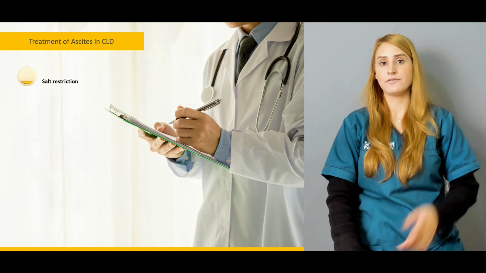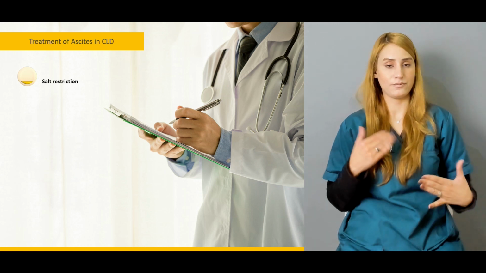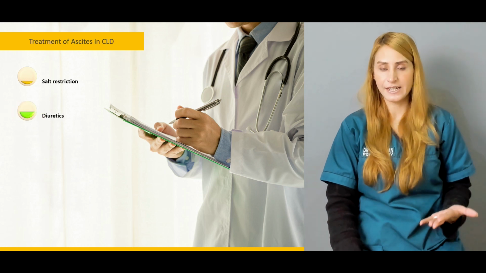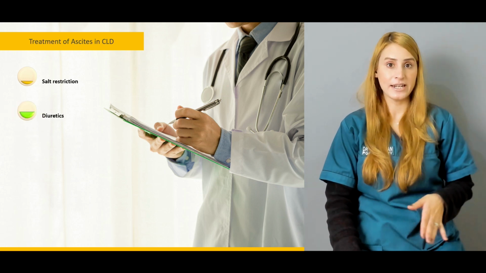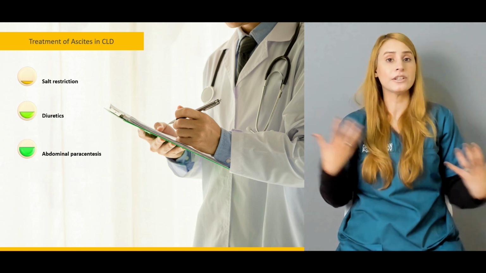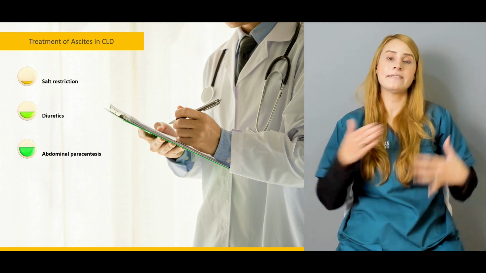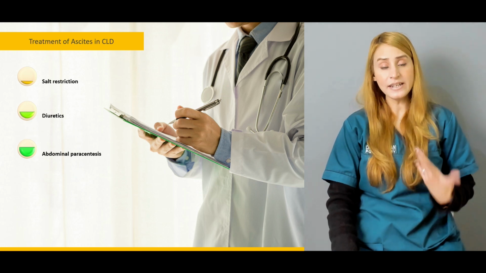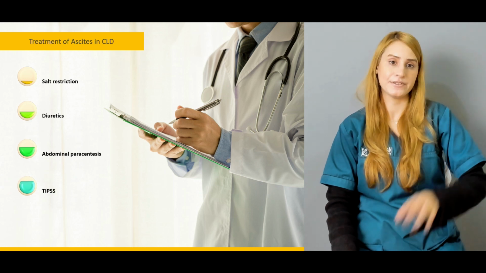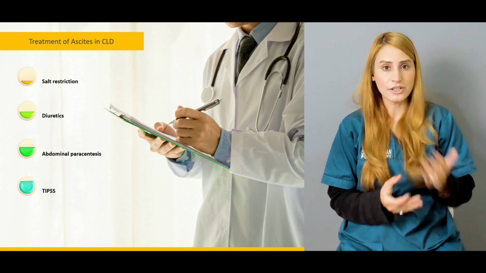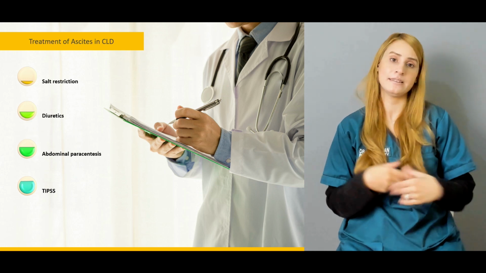So talking about the treatment in CLD, first of all, the important thing is that you have to manage the patient conservatively, and salt restriction is important. Diuretics, first of all, if there's not a massive ascites and you can control it with diuretics, help to get rid of the excess water, right? So diuretics and salt restriction are usually the first line strategies in the initial stages,